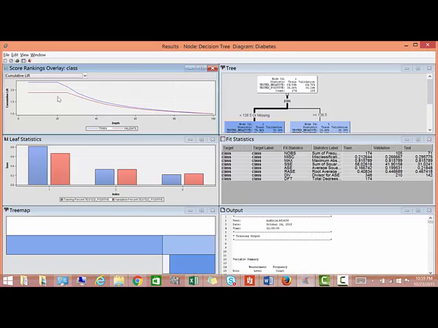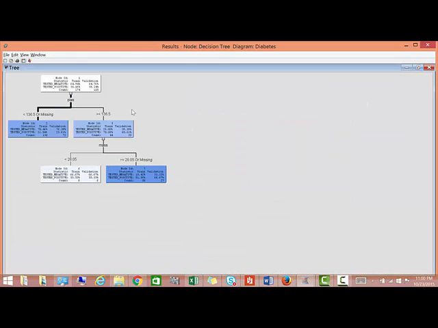Now here I can see the cumulative lift for training and validate data for this particular model, and here is the tree structure for this model. Every node is showing the accuracy percentage for tested negative and tested positive. Here we have total 5 nodes, and these 3 are the leaf nodes. The lighter and the darker color are indicating the lower and higher accuracy for the correctly classified observation respectively. Now I am closing this result window,